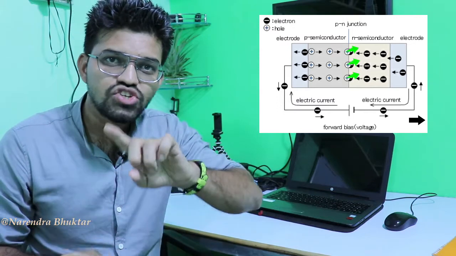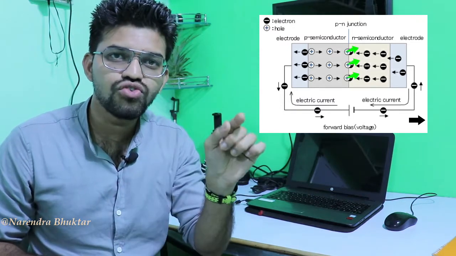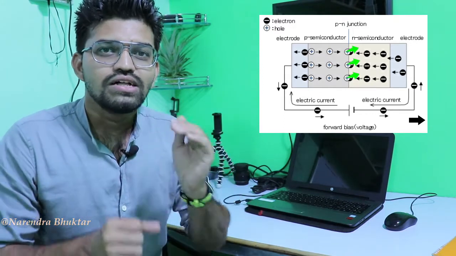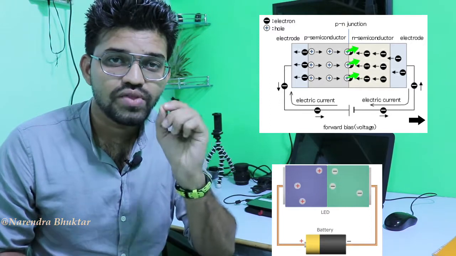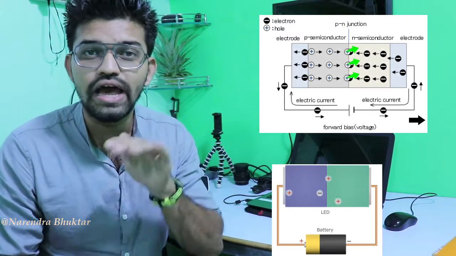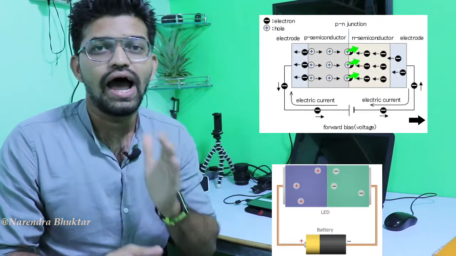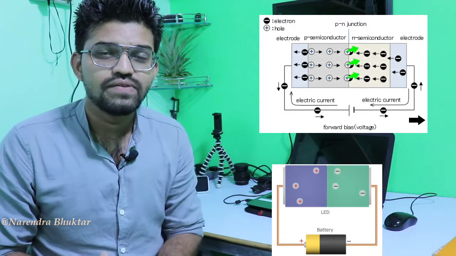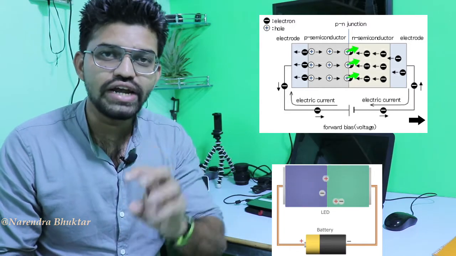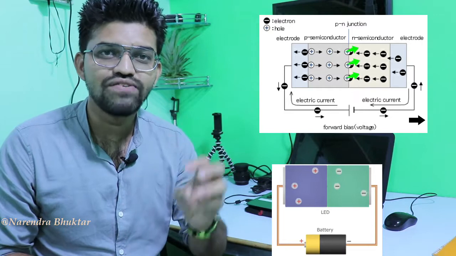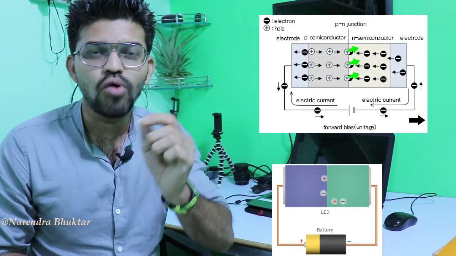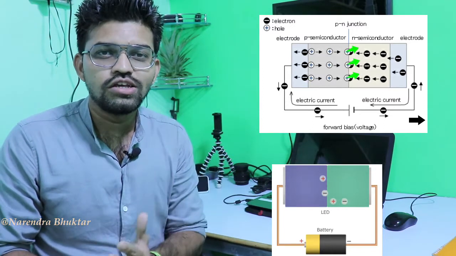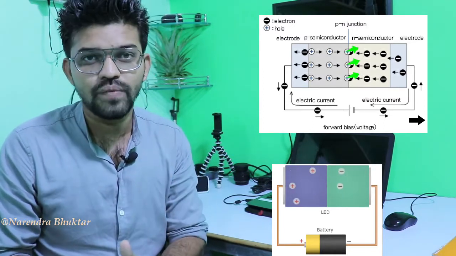Then this charged electron will try to move into the holes, and the electron falls down into the holes. At this point, electrons lose their energy in the form of photons, and at this point we can see the light. When the electron falls into the hole, it produces energy in the form of light. So this is how light gets produced in this semiconductor diode.